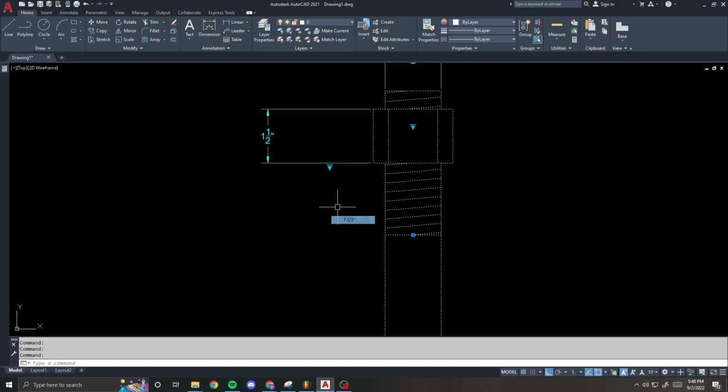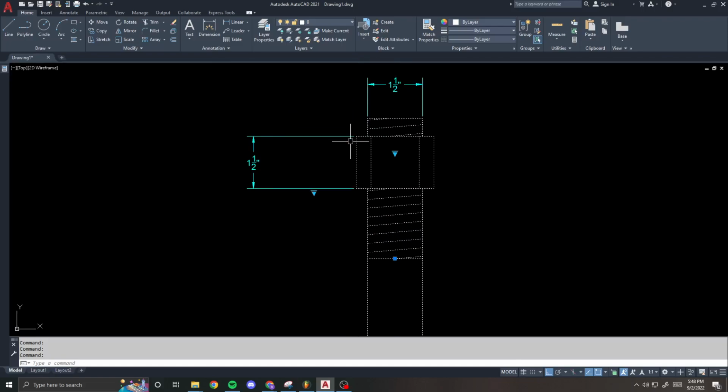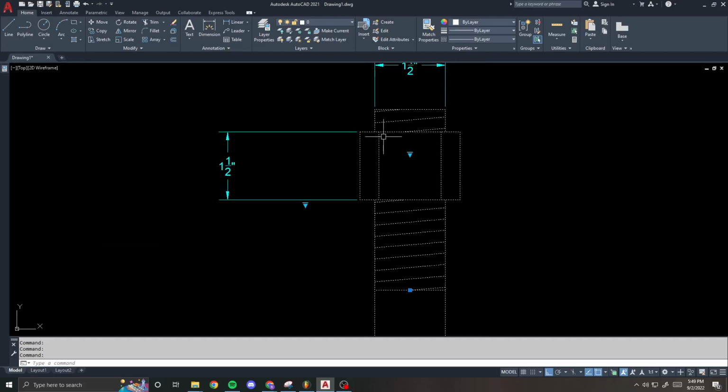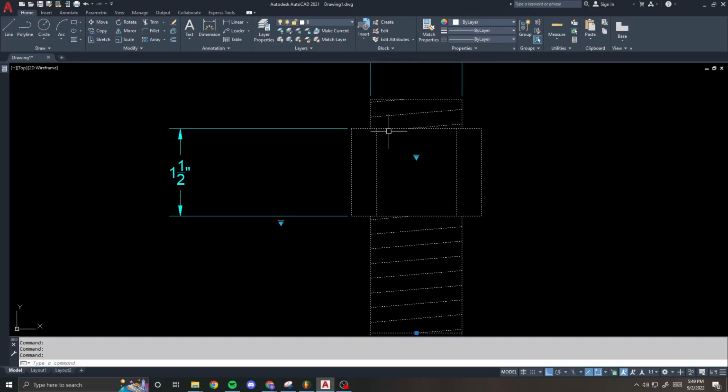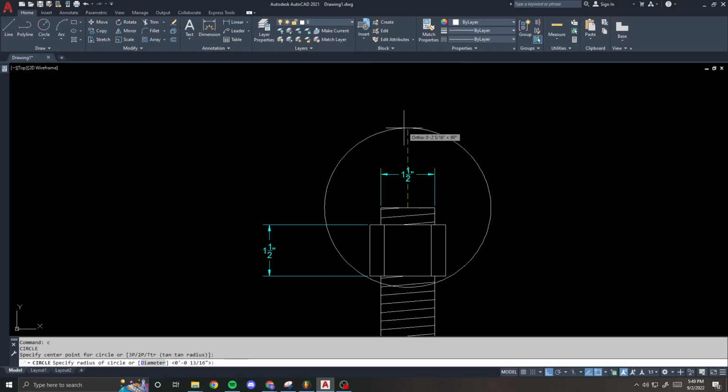And you can see as I increase this, it's getting bigger and bigger. Again, it doesn't look perfect when it comes to the nut. If you really want to get fancy with it, I will show you at the very end of the video how to make this look fancier, but I'm not going to do that right now because it's just not worth it. But if you really want to have this scaled so it looks more proportionate, you can. Because on a 1.5 inch bolt,